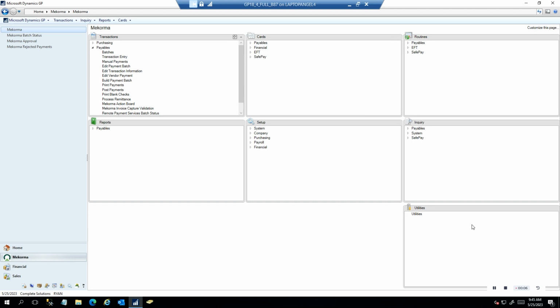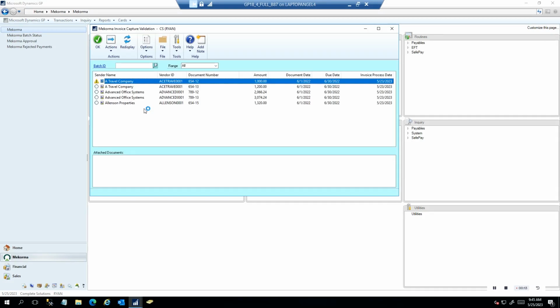Right, so here we are in Dynamics GP, and to get started, we're going to look at invoice capture. Now, this is a standalone product. It does not have to be connected with the payment hub, but if it is, of course, it makes a great end-to-end process. So in dealing with your invoices, you'll have your vendors send them into a dedicated inbox where the AI technology will read the information, attach the invoice, and pull it into Dynamics GP